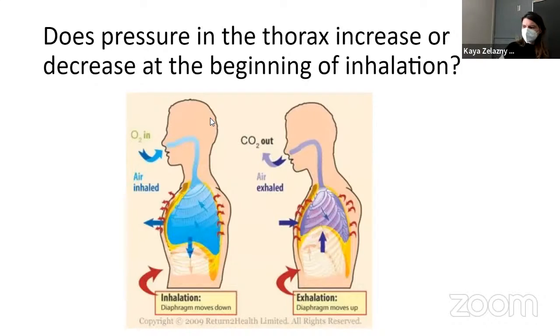Okay. We're going to talk about the respiratory pump next. But to understand what's going on with the respiratory pump, it's helpful to think a little bit about what is going on when you breathe, which I know we haven't talked about yet. Okay. What happens when you breathe, right? When you breathe in,